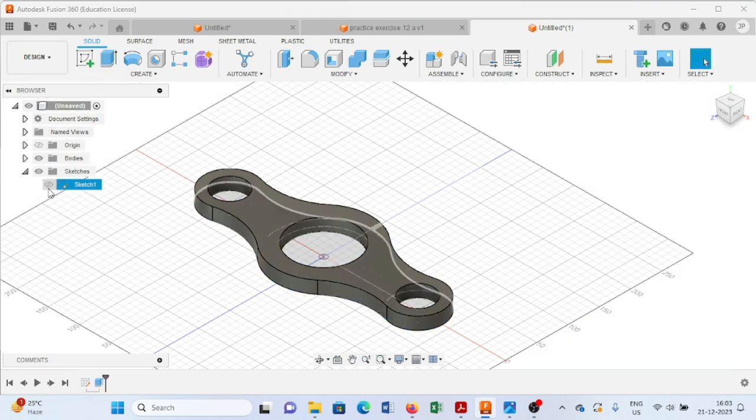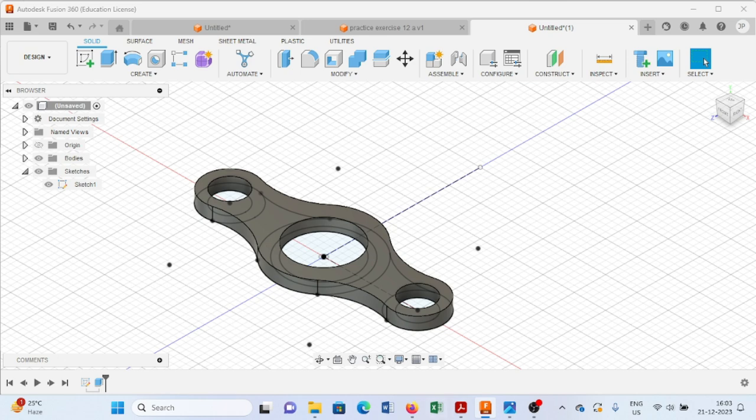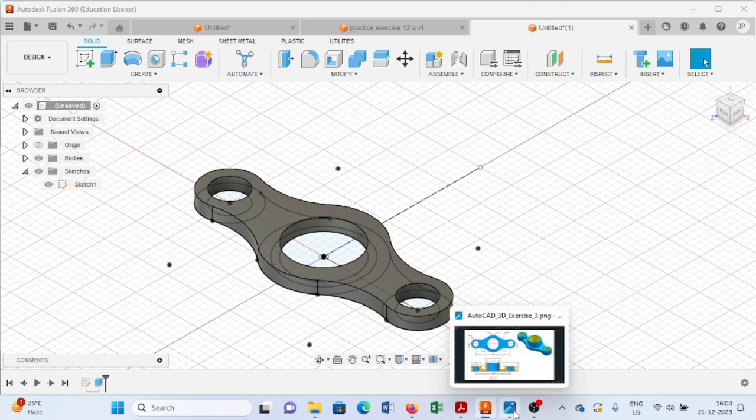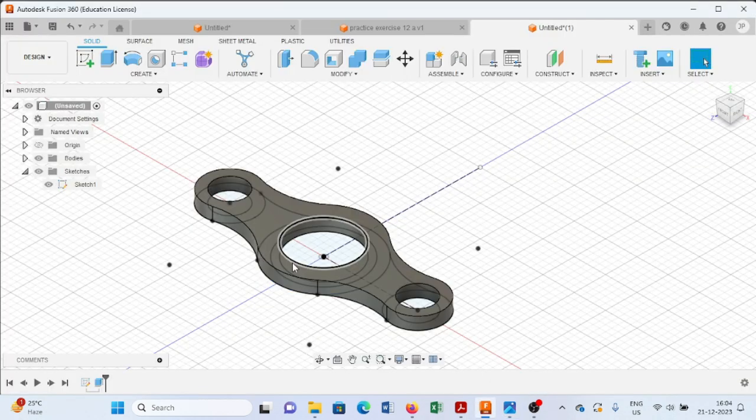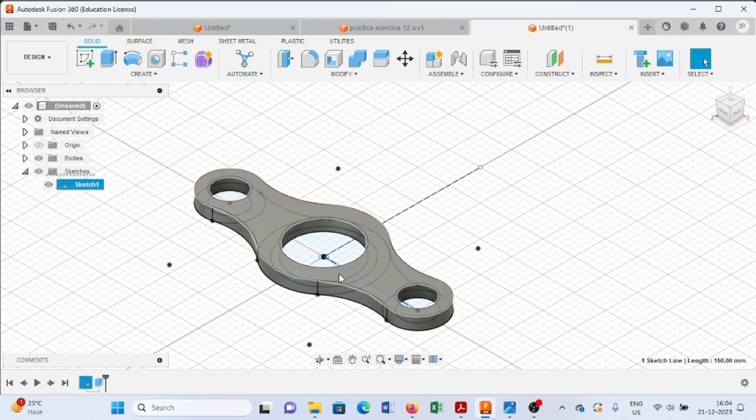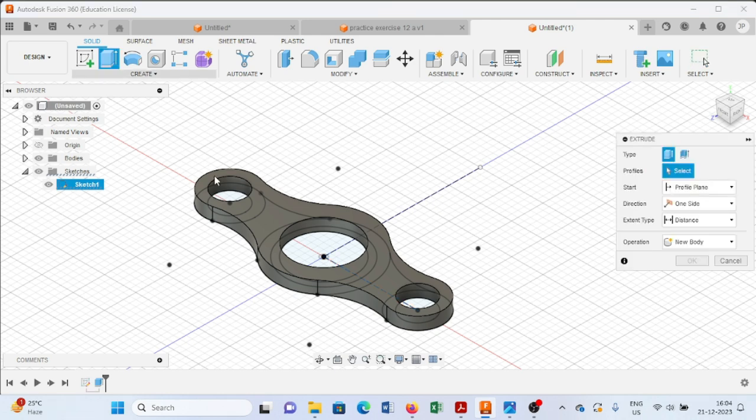Now the next, what we have to do, we have to provide the height to this one is up to 20 and here also 20 and this is up to 50. For that, what we have to do, select this extrude command, select this one,